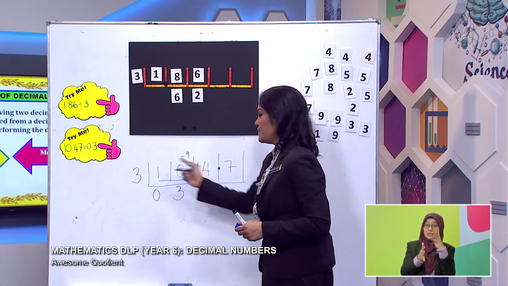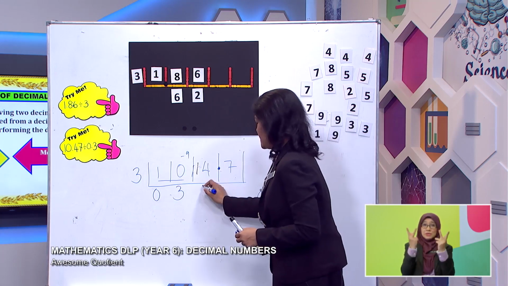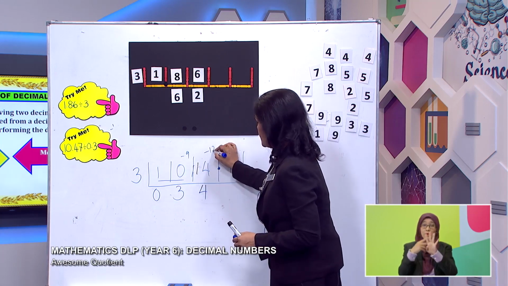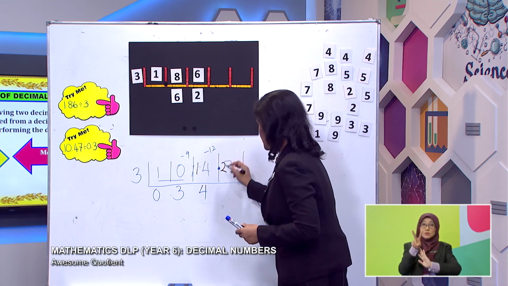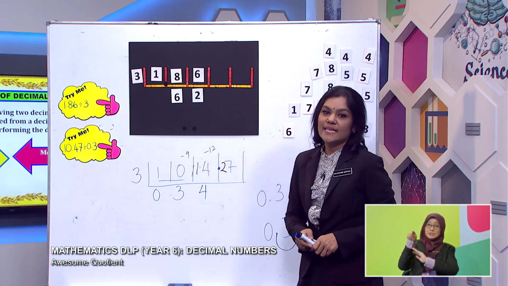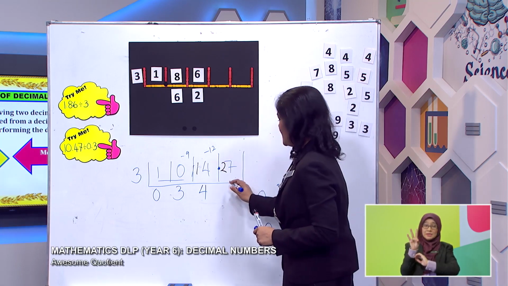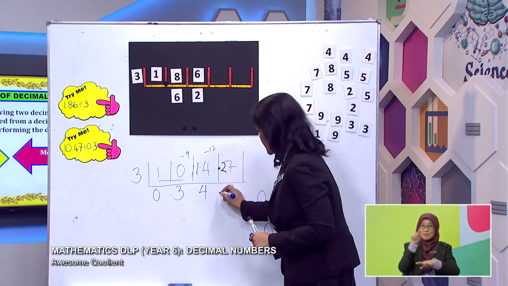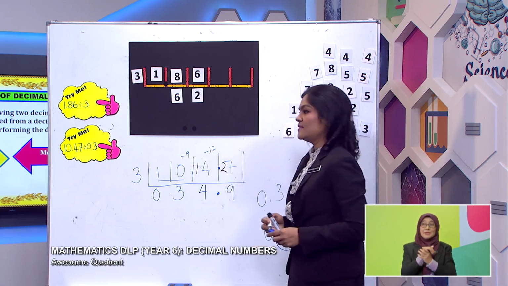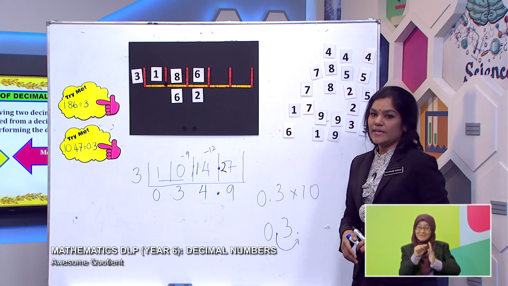So what can we put here? 14 divided by 3 should be 4, and you have an additional 2, because we minus 12. What is the balance there? That will be 2. You put it here, 2. Now the new value is 27. This is easy. 27 divided by 3, you get 9. And then, kids, you just drop the decimal here. So the answer would be 34.9.